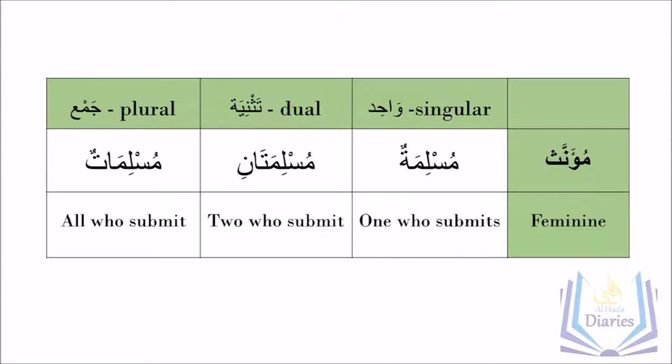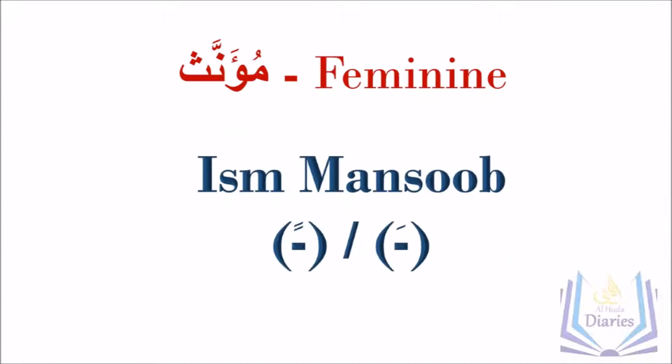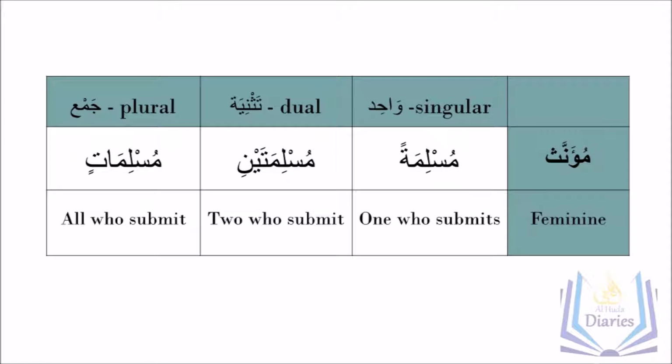And when it comes to jam rafa, it will become atun. So muslimatun, muslimatani, muslimatun. And when it comes to the state of nasab, muslimatun will become muslimatan. And for tasniya, it will become muslimataini. The ta marbuta will again become an open ta and will get a fatha, and then you add the ending of ya noon. Muslimatan will become muslimataini.